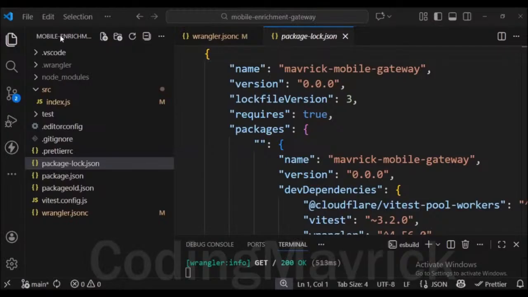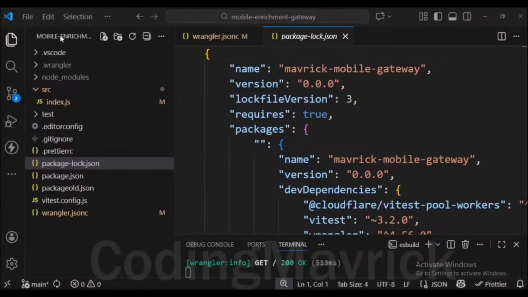Each module focuses on a single responsibility like authentication, rate limiting, and later input validation and enrichment logic. This makes the code easy to maintain, test, and extend as we add more features to the gateway. Moreover, we will organize our code into separate files and folders, so each responsibility of the gateway is isolated